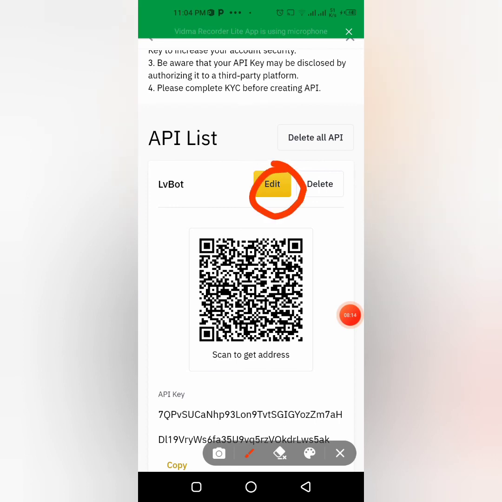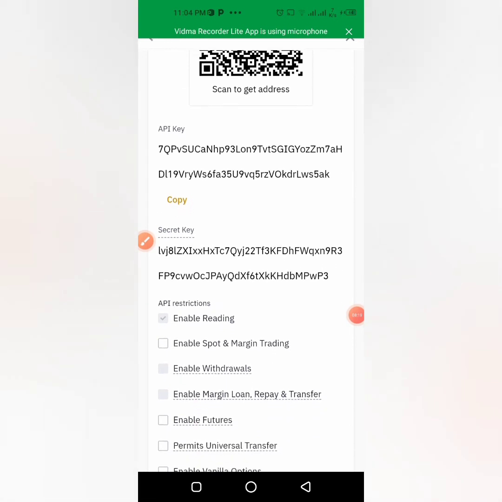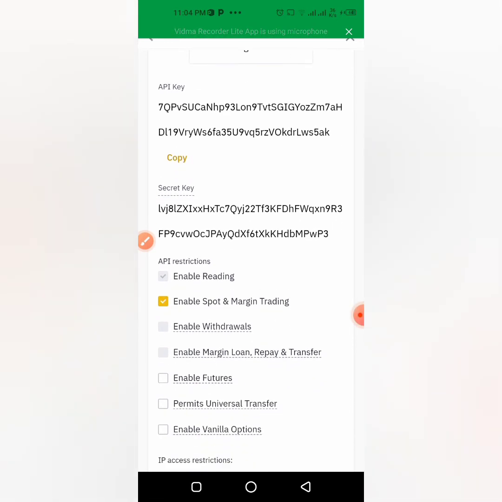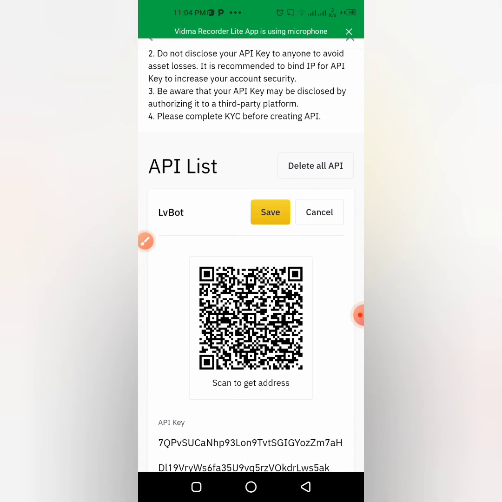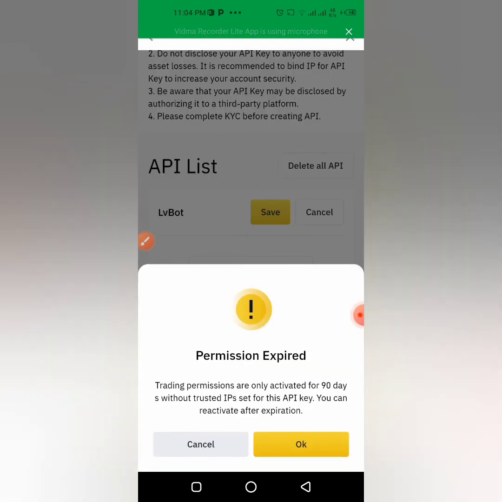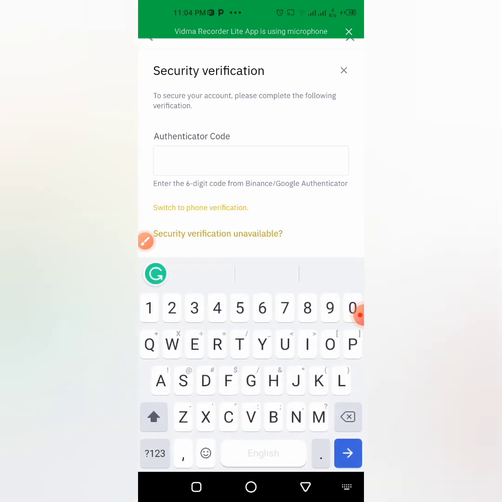Come here and click edit. Click on that edit, then go down now and check the box. Did you see it now? That is all you have to do there. Don't click on withdrawal. You shouldn't empower the bot to withdraw your money from Binance. So you now come back here and click save. Click on that save. Permission expired. Forget about these ones talking about IP. So just click OK. Your API is now successfully created, but then you have to do the last lap of it,